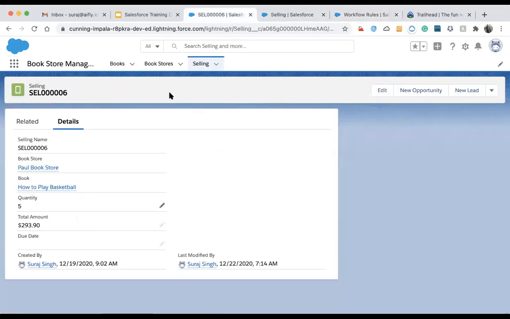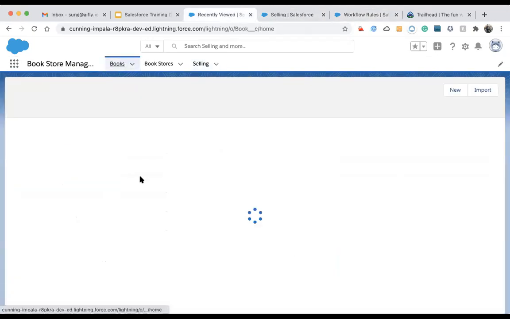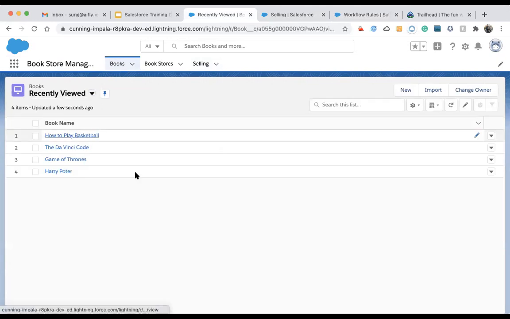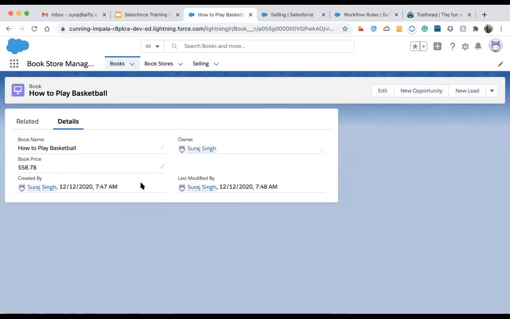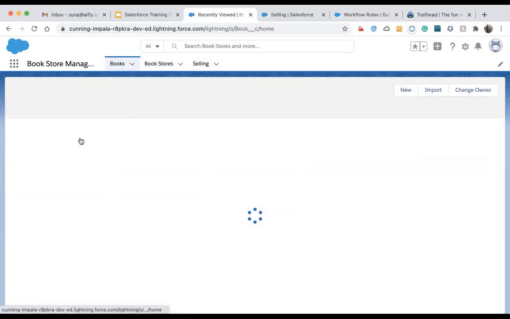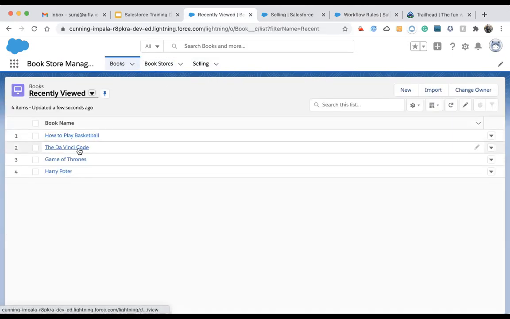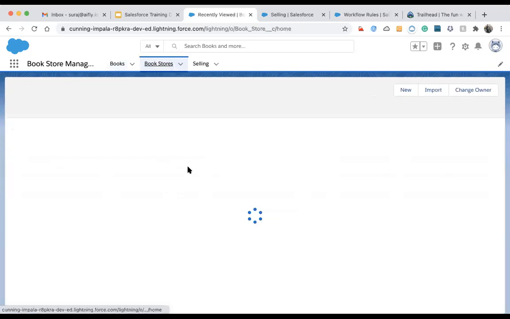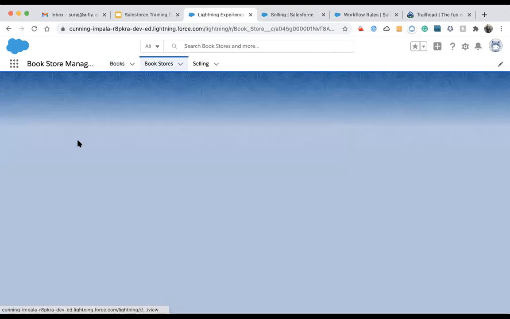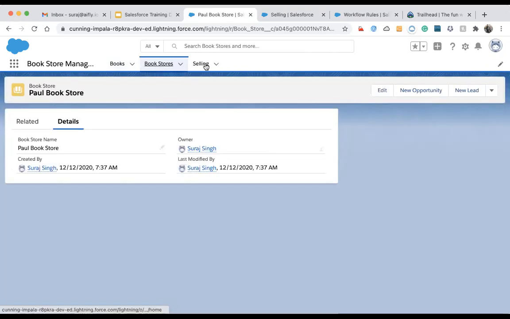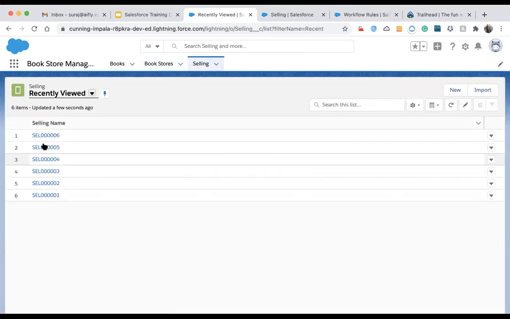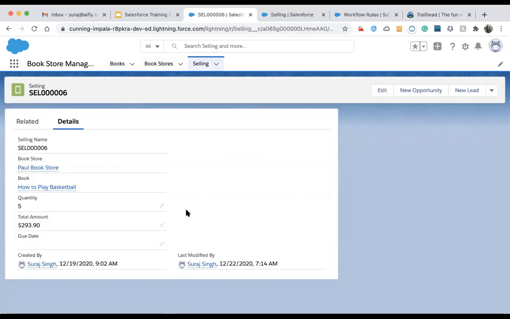Suppose I have a requirement that whenever the book name is changed, then all the... sorry, that will not be a good example. Let me think of a good example.